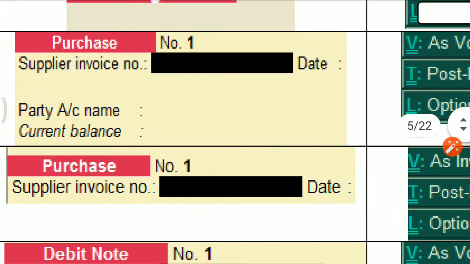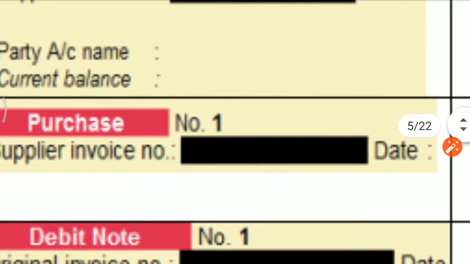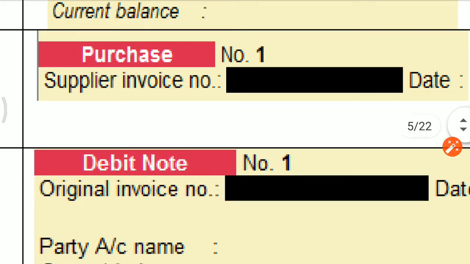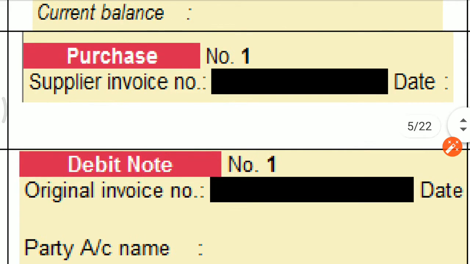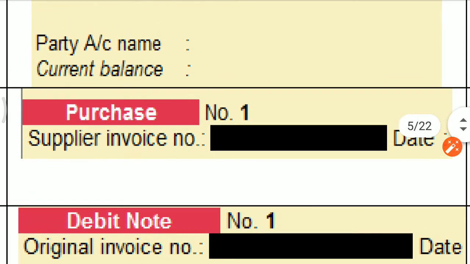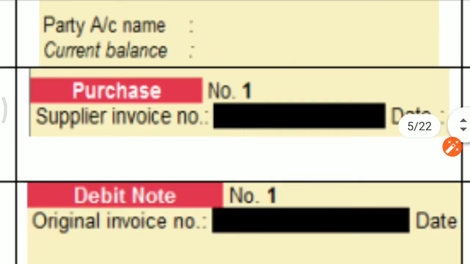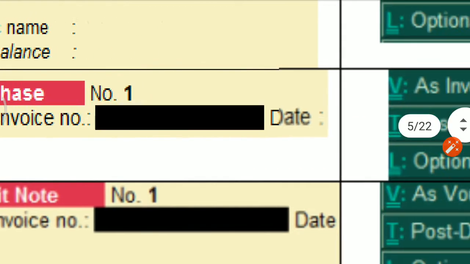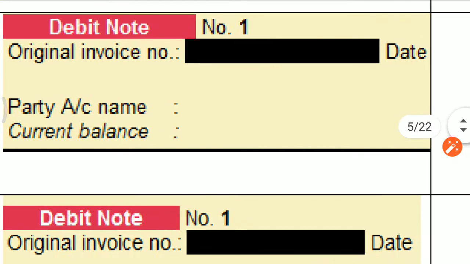This is your invoice format. But if you want the purchase in voucher format, only two options are available. Party account name and current balance will not appear on your screen, only purchase and supplier invoice number, and three options are available: as invoice, post dated and optional.